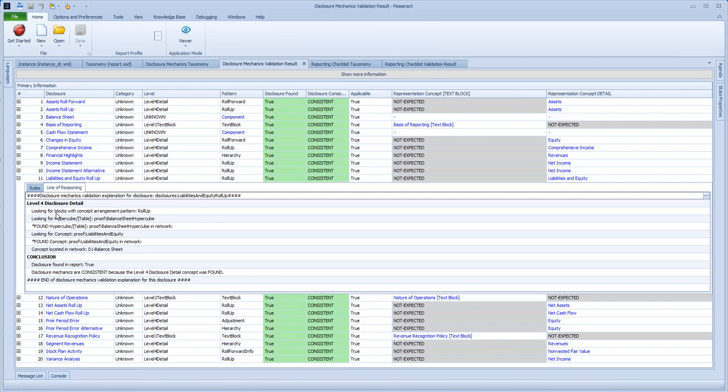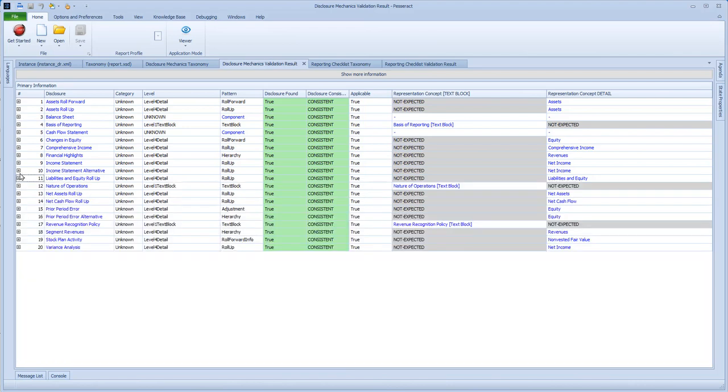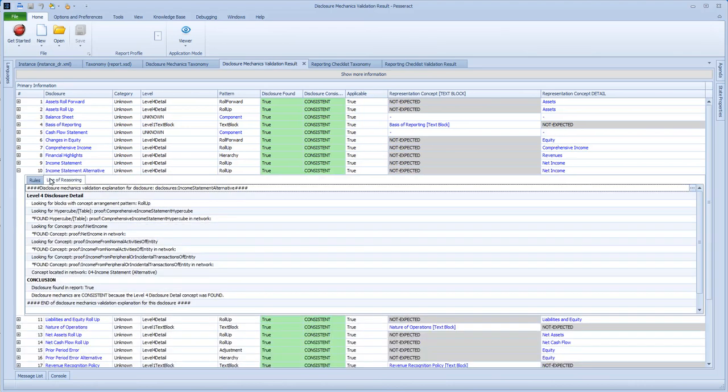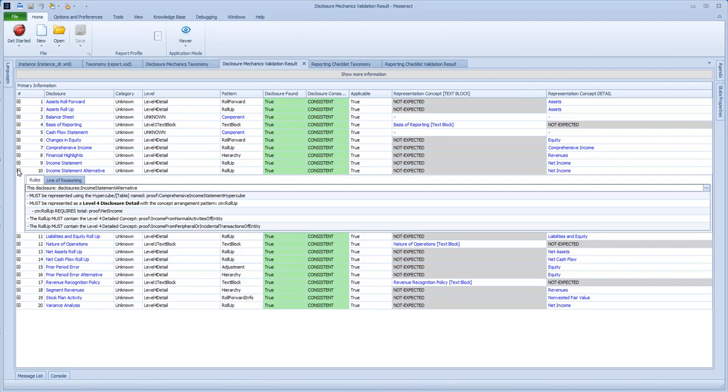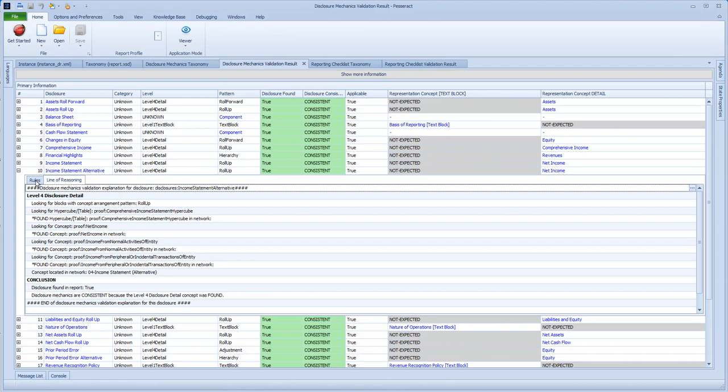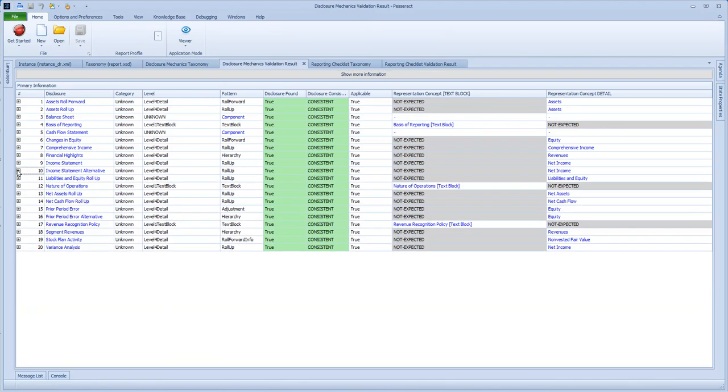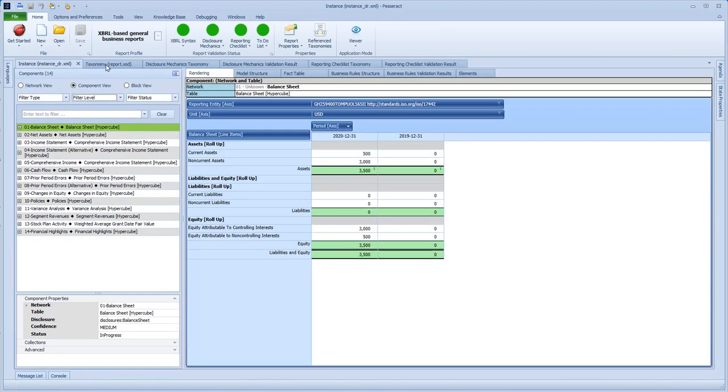And these are the steps that are used to reach the conclusion that the rule was or was not found. This exists for every single disclosure, a rule and the line of reasoning, because it's been processed. The line of reasoning is a result of the processing,